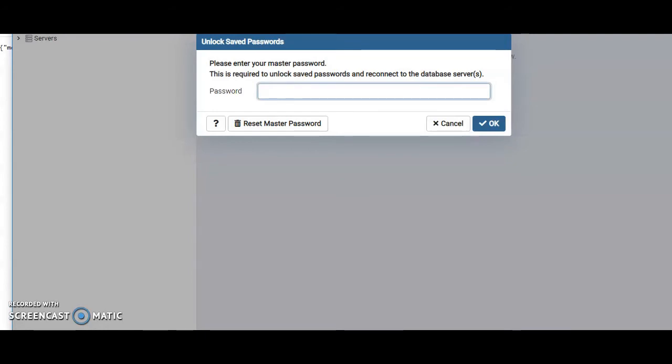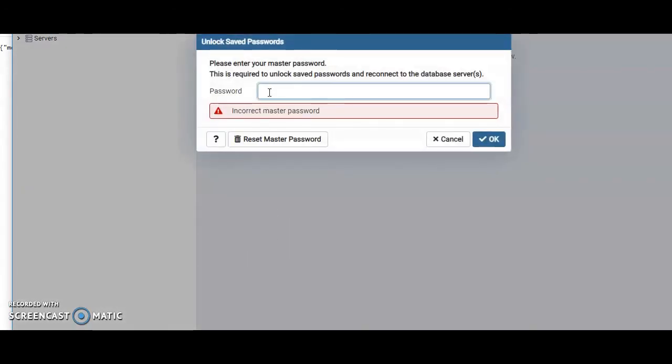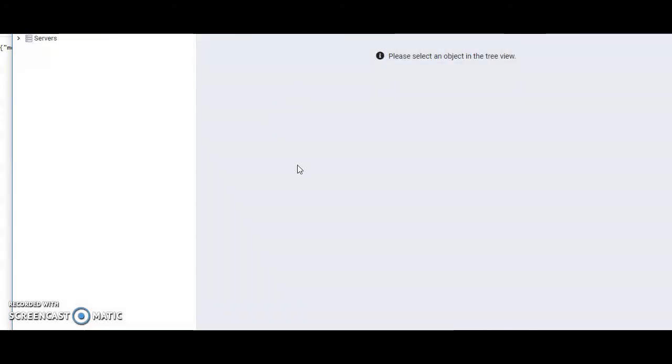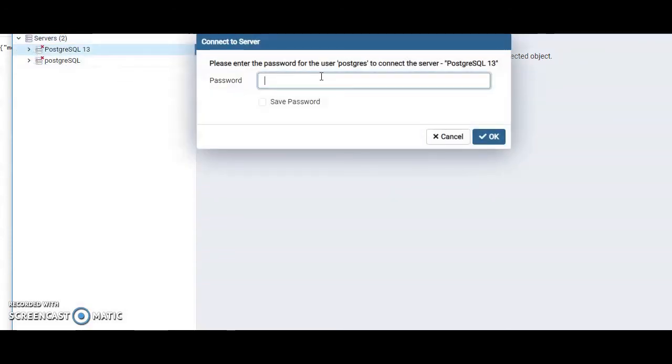Let me just show you how I did it in this. Okay, the password has gone wrong. I'm always skeptical about passwords, and this is not the only password I have to put to access the database in development mode. Okay, this is the second database.